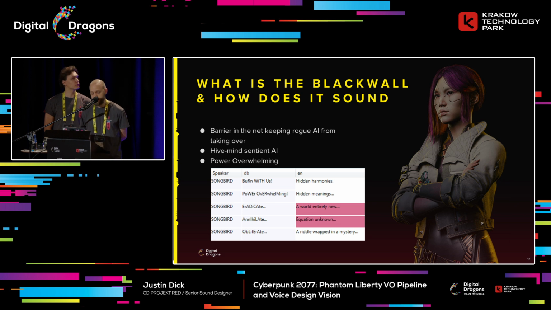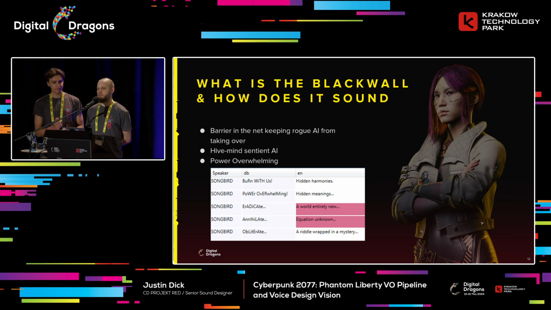So, the Blackwall. What is it and how does it sound? So the Blackwall is kind of like a giant firewall in the net. In the lore of Cyberpunk, there was a data crash where a virus was unleashed in the internet, and rogue AIs started going wild, and so an organization called Netwatch set up a Blackwall to prevent rogue AIs from